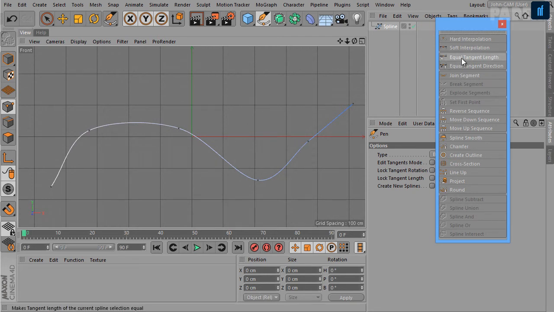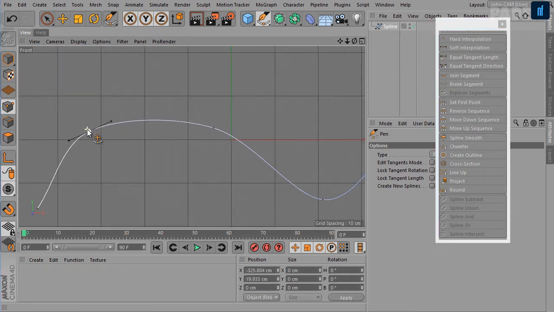Okay, the equal tangent length command: what it does is set the shorter handle to the length of the second associated tangent.